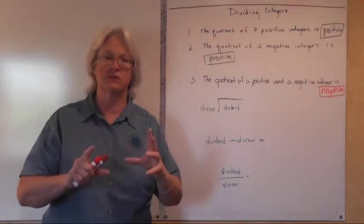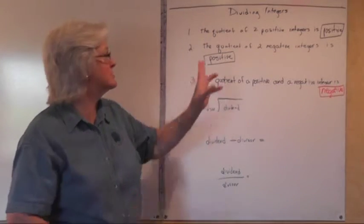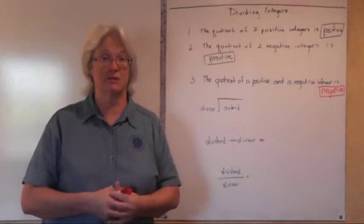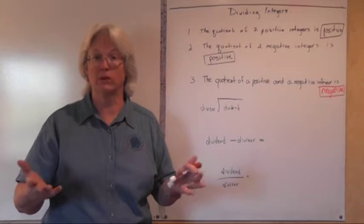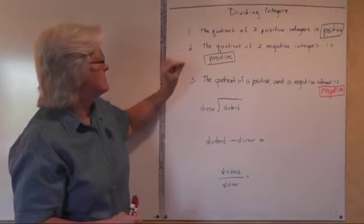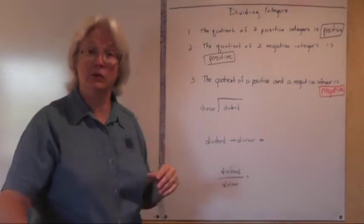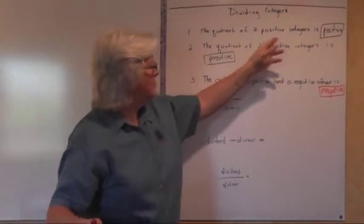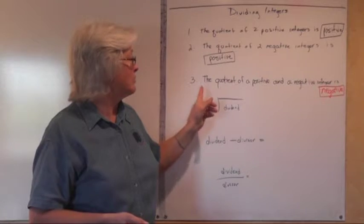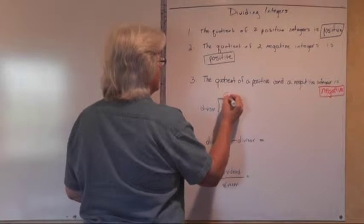Now I could go through and show you some patterns and say, well, see, this is what happens, and from that we sort of deduce these 3 rules here. But to go through and actually prove to you why it's true is so far beyond the scope of the course and pointless, and it would bore me to death. So just learn your 3 rules. This is what I said in our hour lecture that I missed, that once again we've got vocabulary going on. If you don't know what integers are, if you don't know what quotient is, you can't solve your problem. Remember, the quotient is the solution to a division problem,